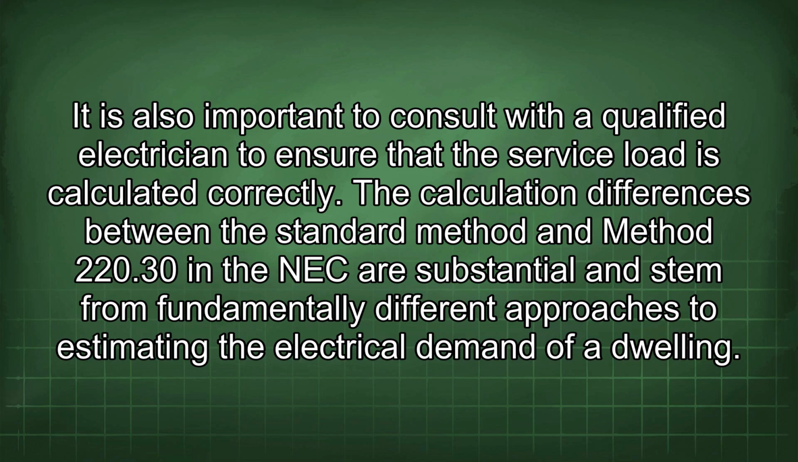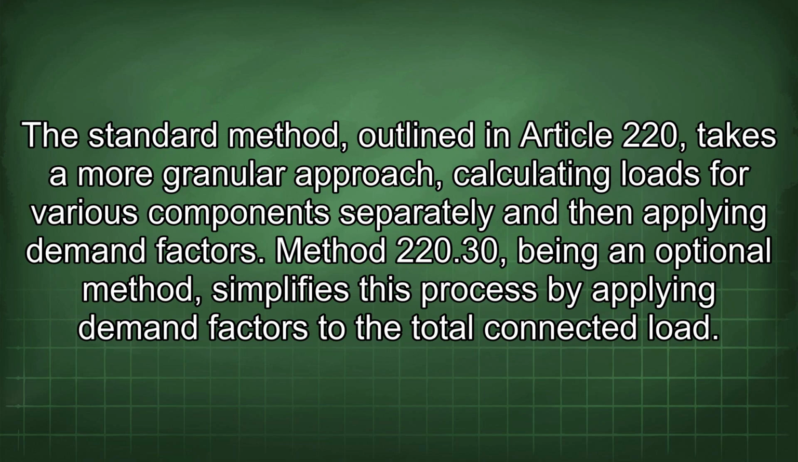The calculation differences between the standard method and method 220.30 in the NEC are substantial and stem from fundamentally different approaches to estimating the electrical demand of a dwelling. The standard method outlined in Article 220 takes a more granular approach, calculating loads for various components separately and then applying demand factors. Method 220.30, being an optional method, simplifies this process by applying demand factors to the total connected